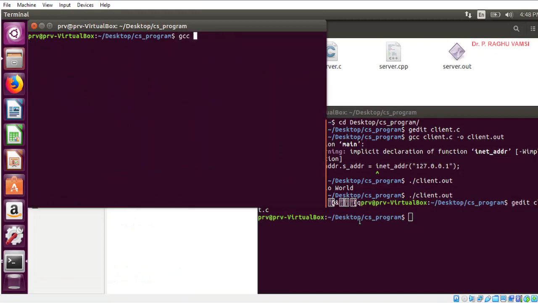So gcc server.c and send the output to server.out.